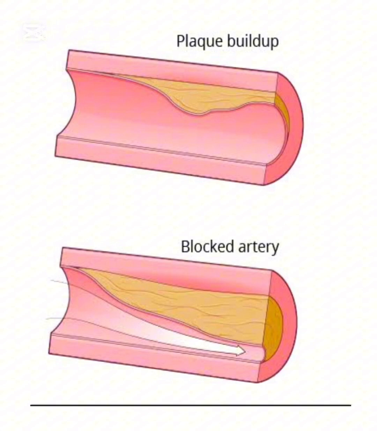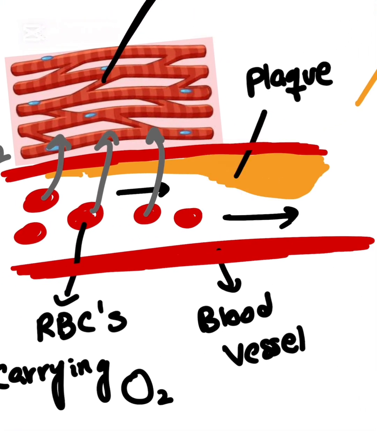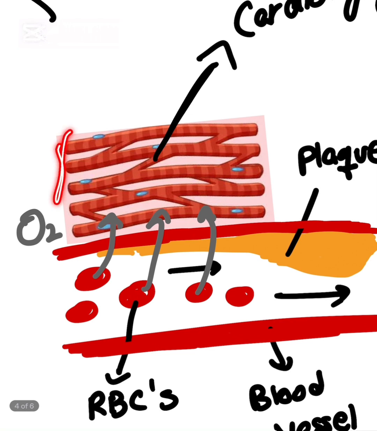Okay, so if I show you a structure that I have drawn by myself, you see red blood cells right here, you see a blood vessel right here, and you see a block right here that I have drawn. So the actual function of the RBCs is to carry oxygen. Everybody knows that. So basically what these RBCs have to do is to provide oxygen towards the cardiomyocytes. What are the cardiomyocytes? This structure right here you see is the structure of the cardiomyocytes. Cardiomyocytes are known as the heart muscle